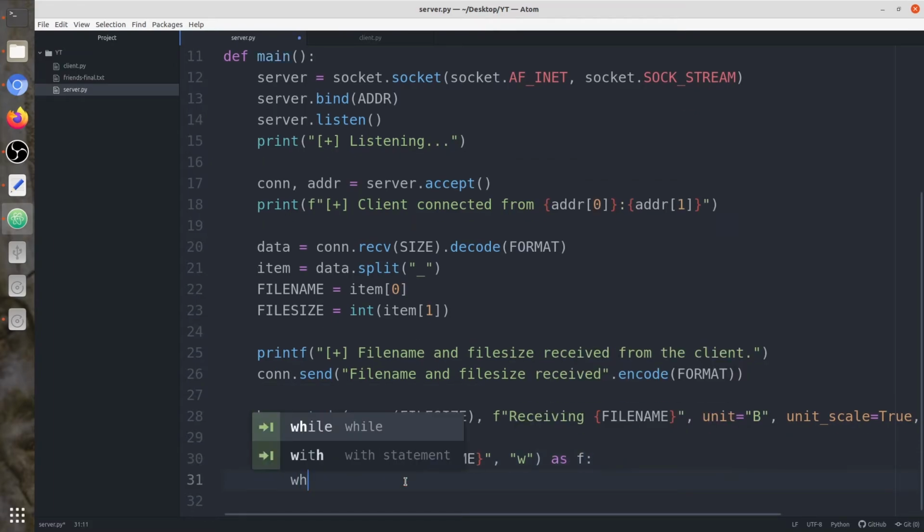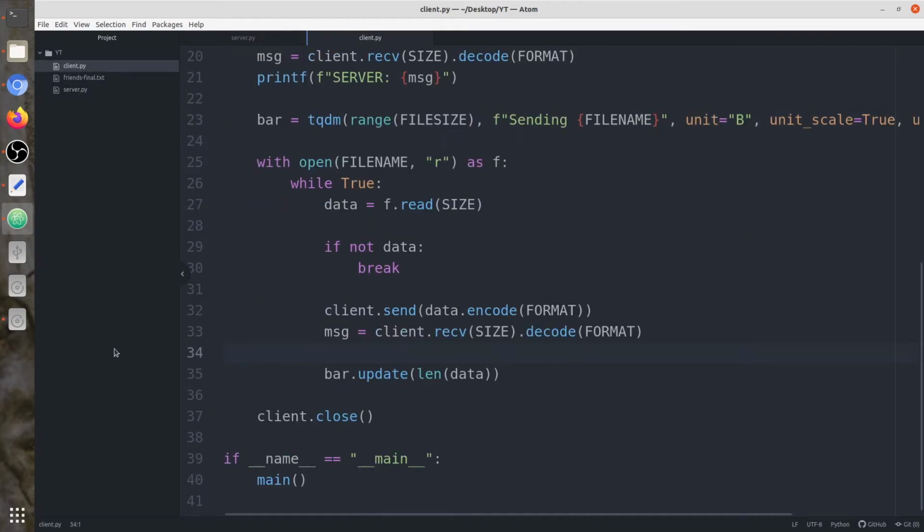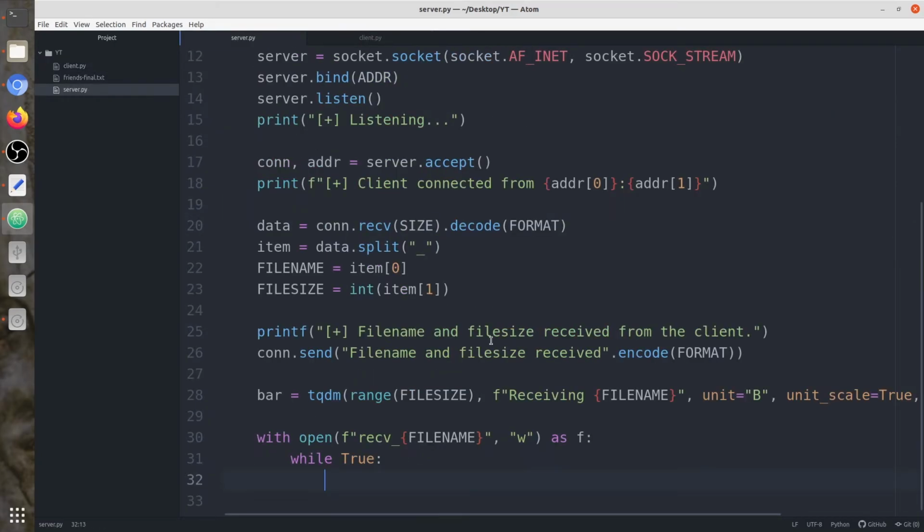Again a while loop, but here instead of reading from the file, like in the client case, where the source of data is the file, here the source of data is the TCP connection. The client is going to send that data, so here the source of data is the client.